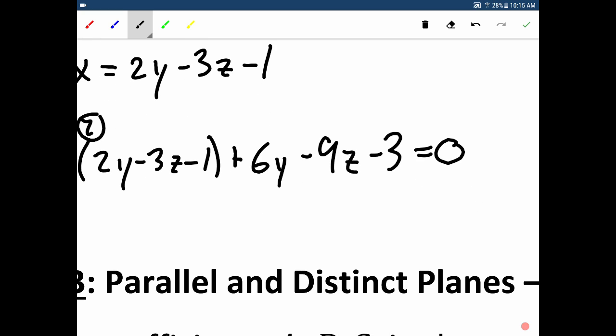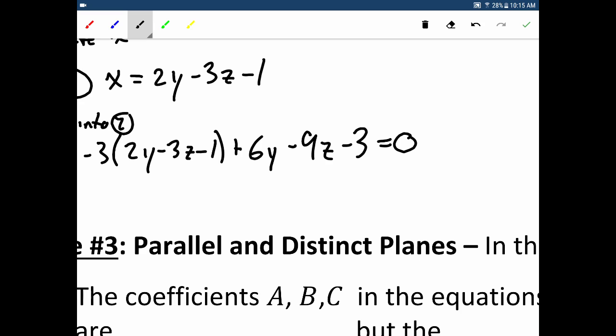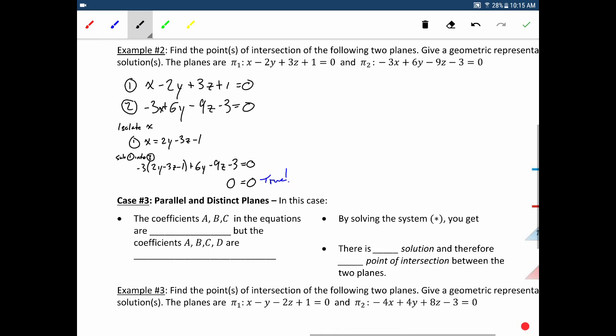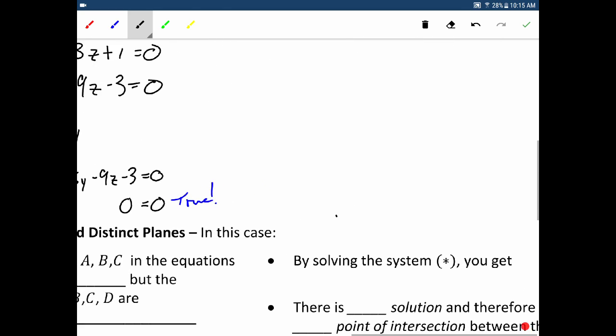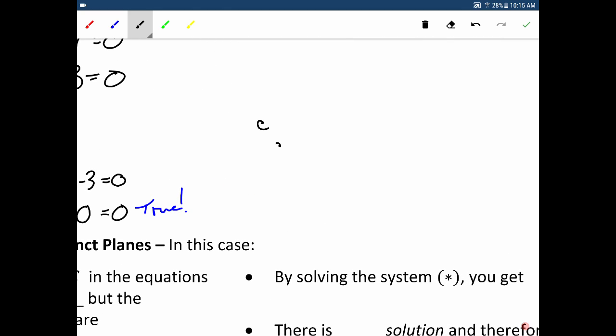Okay? And if we simplify all of this, I'm going to gloss over the details, but if we simplify through this, it actually equals 0, which means that we get 0 equals 0, which is absolutely true. 0 does equal 0. Okay? So at this point, what we can say is, therefore, the intersection, or how, let's see, so therefore, we'll say the plane, because they intersect as a plane, so we'll say